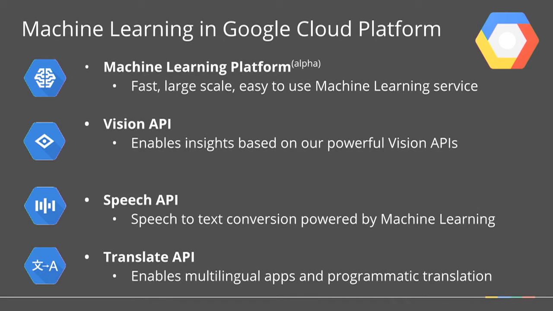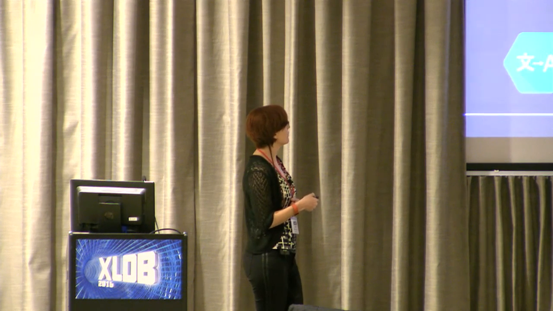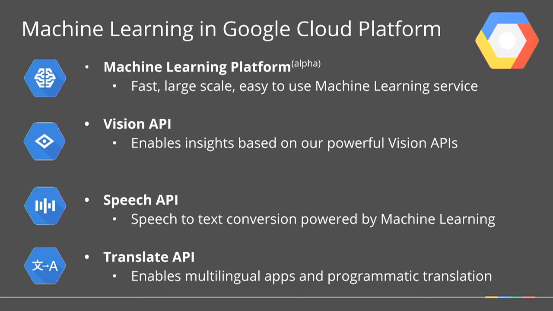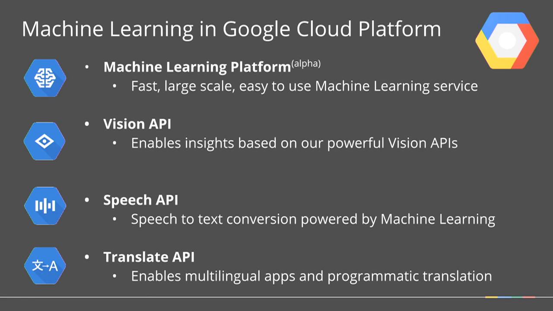More interesting things coming from Google Cloud are in machine learning. One thing that we do a lot internally is machine learning on our data. And we have a machine learning platform. This is in alpha and was announced in February. It allows you to write applications that harness the power of different machine learning solutions that we have in Google that we're exporting through this. And if you have more specific and narrow problems, we have vision, speech, and translate APIs, which allow you to integrate our expertise in machine learning into your products that need image analysis, speech translation, and multi-language support.